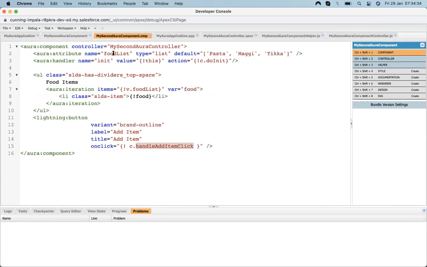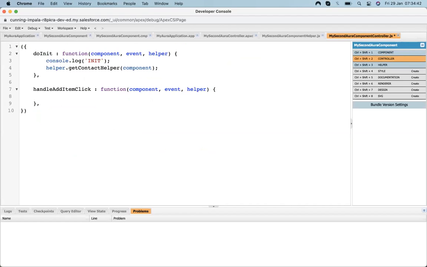Now, since I need to add a value into this list, I first need to access that list. So let's access that list, food items, food item list, and that we can get with component dot get, and site v dot food item food list. Okay, food list. First we capture that food list, and then we can add a new element.